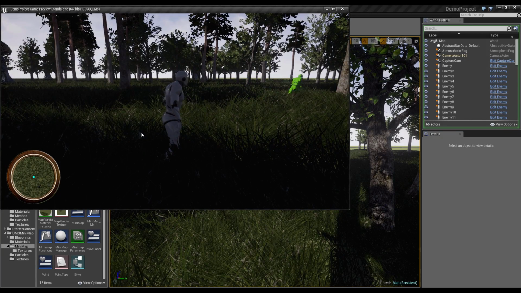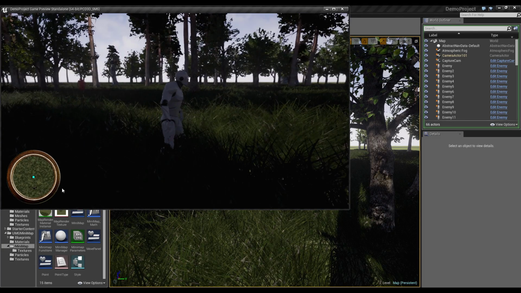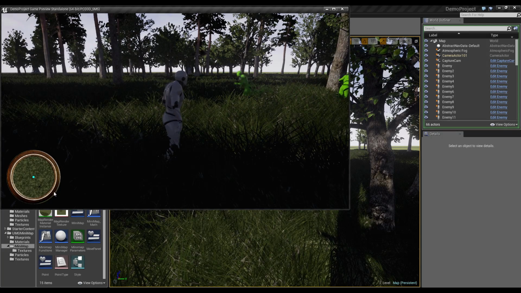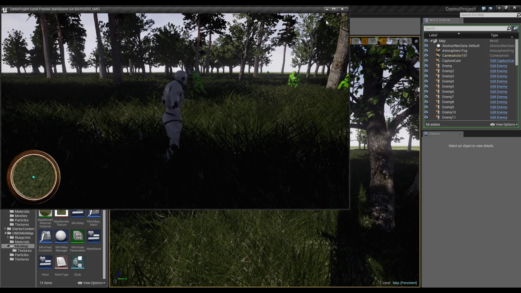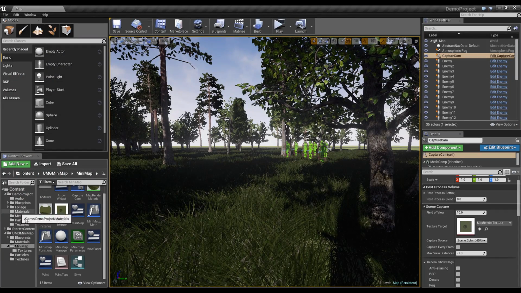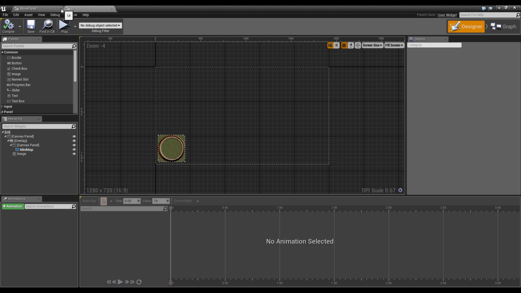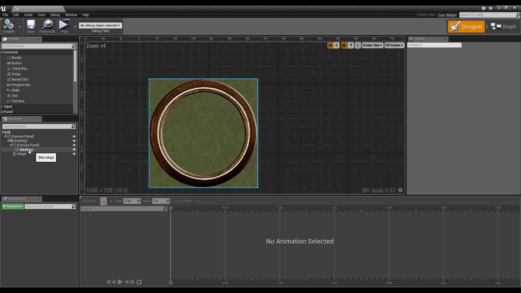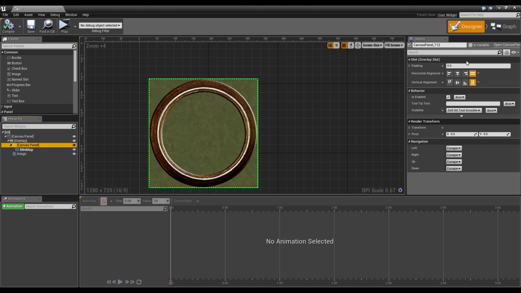And there's actually one thing I forgot to change in the UI blueprint. You see, the minimap is still quite big. You see the circle around here. We should make it smaller. So go into the UI blueprint, and I forgot to set the padding. So select the minimap or select the canvas panel where the minimap is inside, and set the padding so that the minimap is